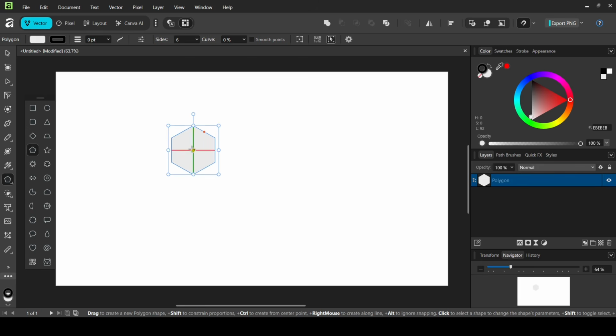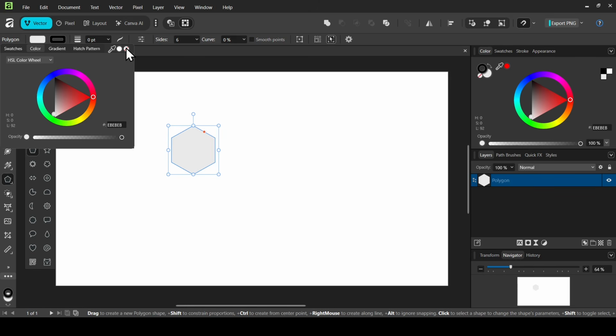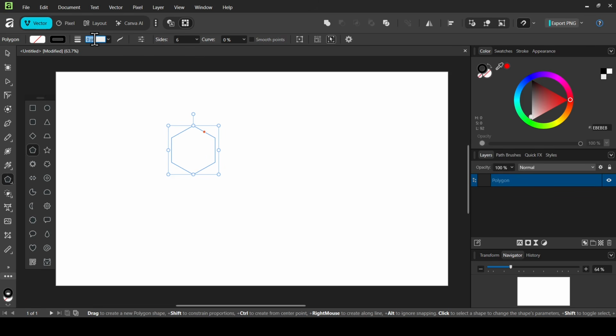And now I'm going to remove the fill, so left click here and then click on this icon to remove the fill. And now I'm going to add a 1 point outline, double click here and then type 1, press enter. Now let's select the move tool, and now I'm going to duplicate this shape here, Ctrl J, and now